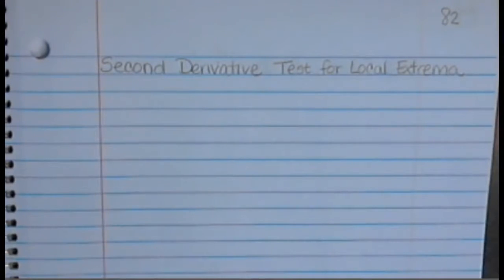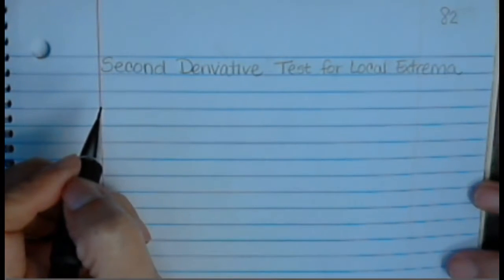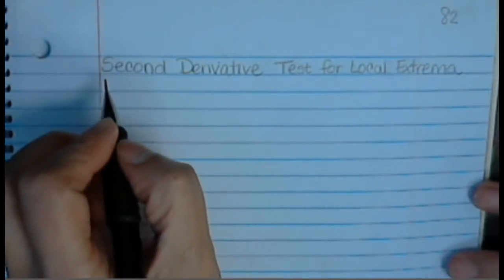Here are the notes for page 82 on using the second derivative test to find local extrema. Remember, local extrema is our local max and min. So the first thing we're going to do is write down the conditions in order to use the second derivative